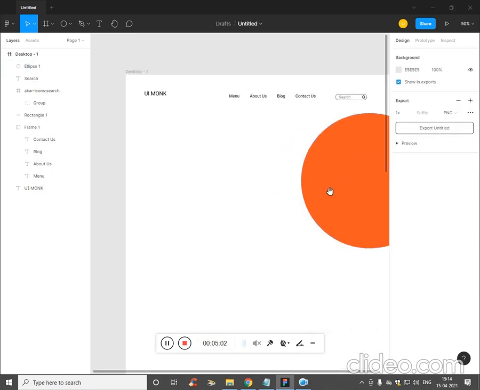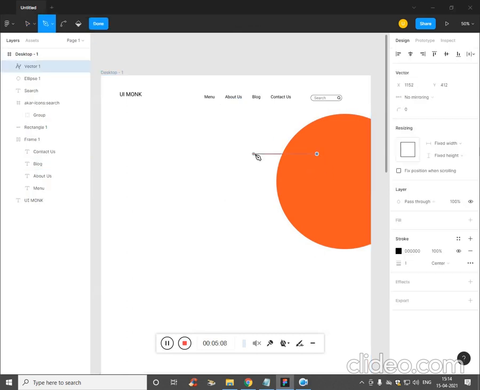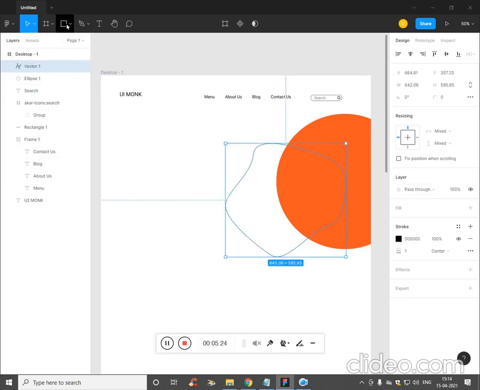We'll make this color. Now again we need a blob. This time we'll use the pen tool. End it, and click on done.